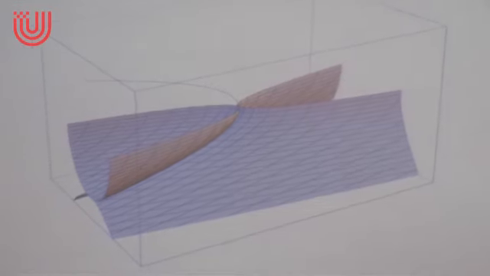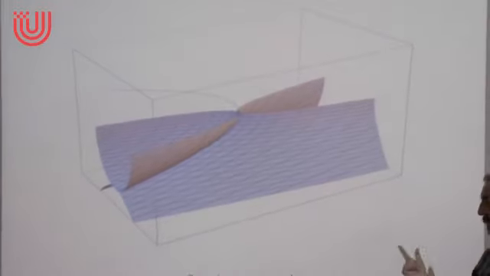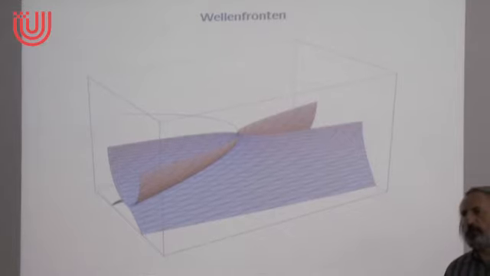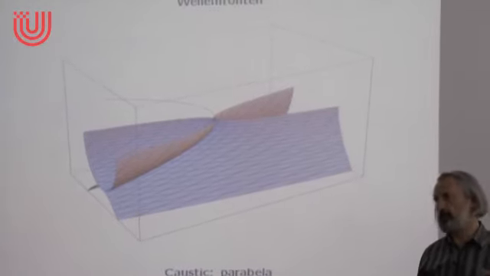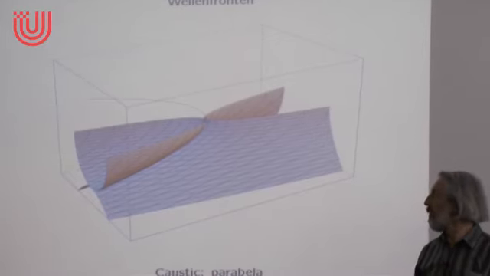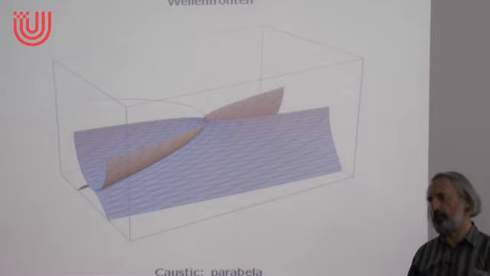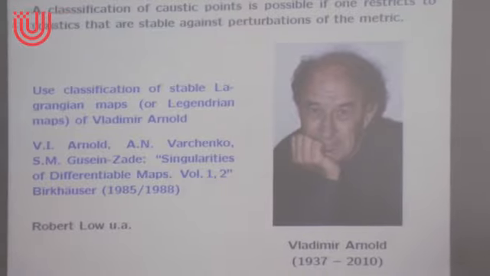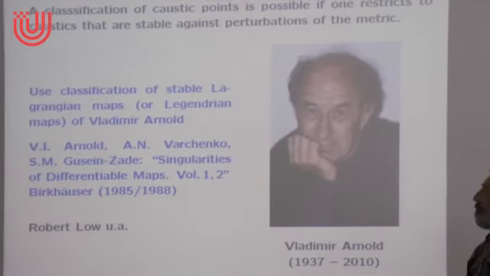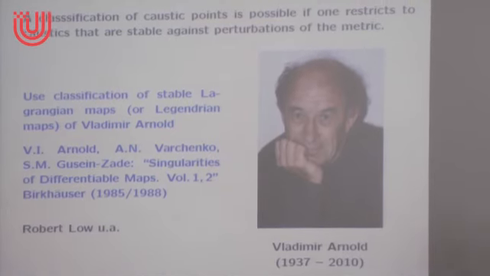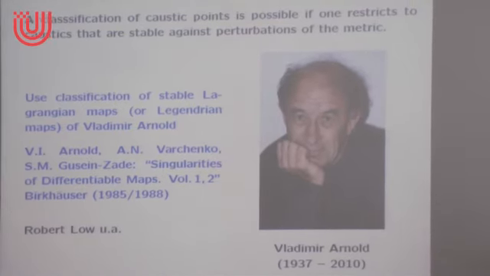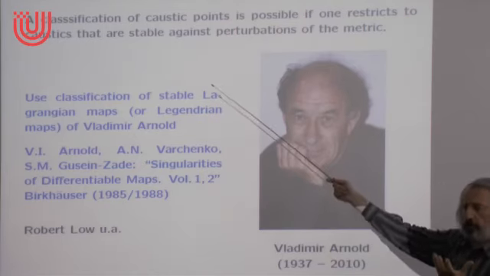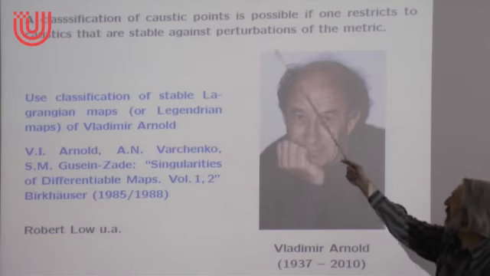So that's the third case. In the first case, we had these cuspidal edges. In the second case, we had points. Now we have a parabola. So it looks as if more or less anything is possible. Yeah? Any sort of geometry could be possible for a caustic. And actually, that's true. Unless you restrict to a certain subclass of caustics, anything is possible. But there's a clear classification of caustics if you restrict to caustics which are stable in a certain sense. And here in this case, stability should be viewed in the following way. We should require that the caustics do not change their qualitative features, their shapes, if I perturb the metric a